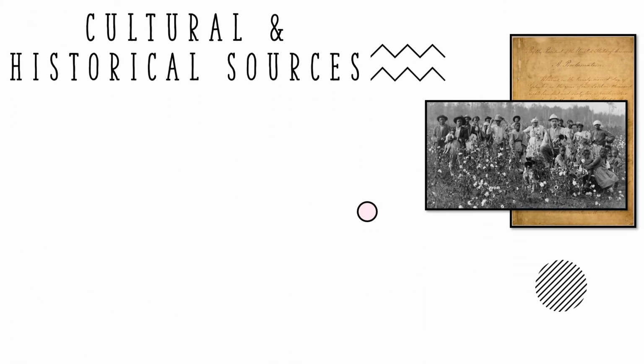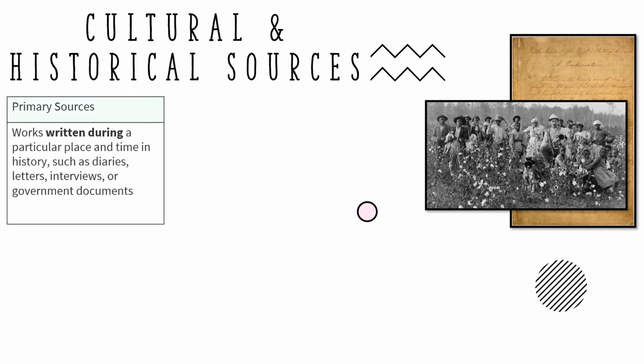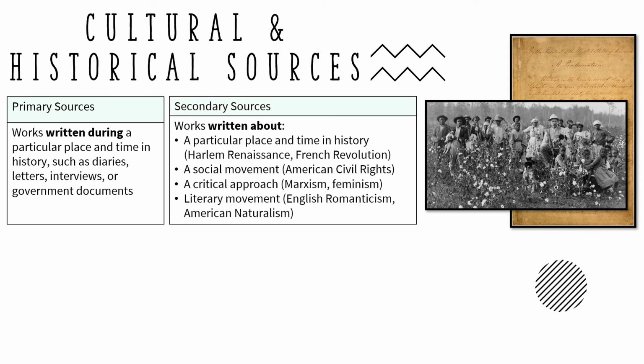Finally, cultural and historical contextual sources can also be used in your essay. Primary cultural and historical sources include a variety of works written during a particular place and time in history, such as diaries, letters, interviews, or government documents. Secondary cultural and historical sources include a variety of works written about a particular time and place in history,